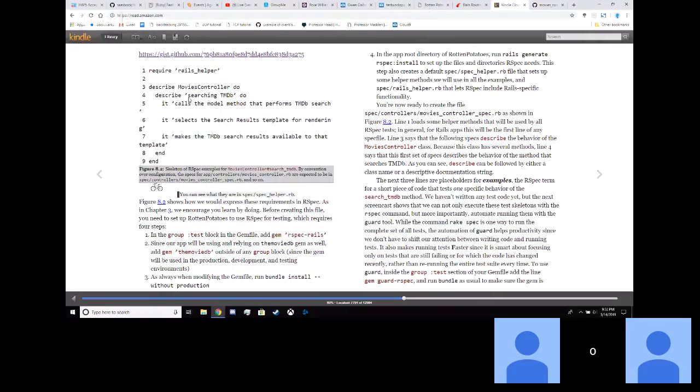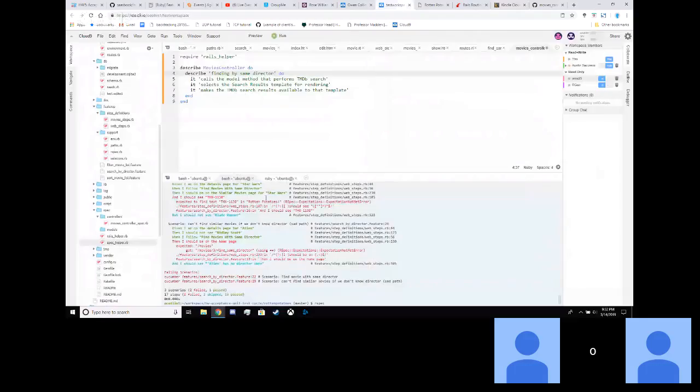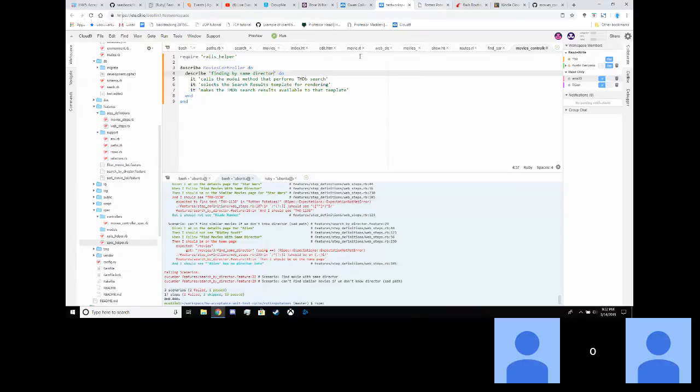Are you seeing this line 4, describe searching TMDB? Should that be more accurate to what we are doing? Finding by same director, but we have the find same director. Should that be more specific? Should that be just like calls the model that performs search, selects the search? Well, calls the model method that performs TMDB search. So this should be changed to